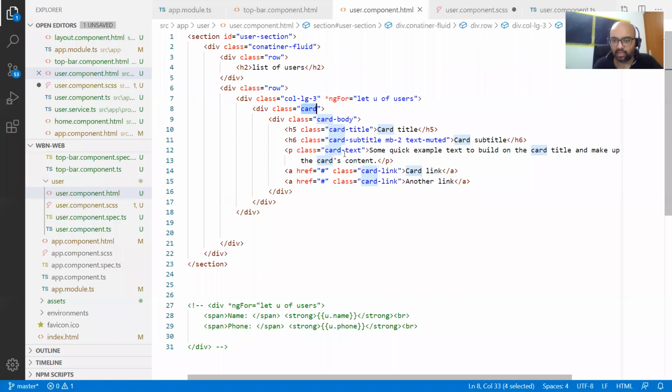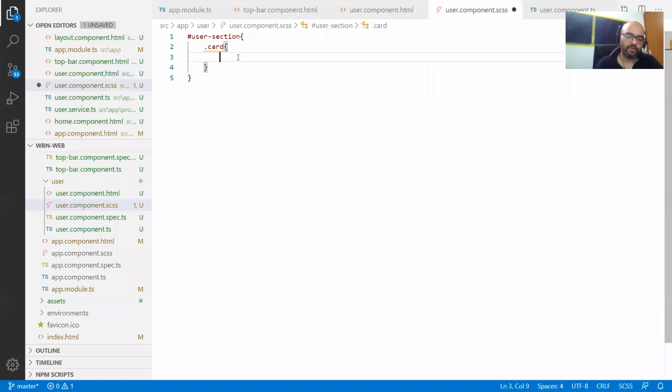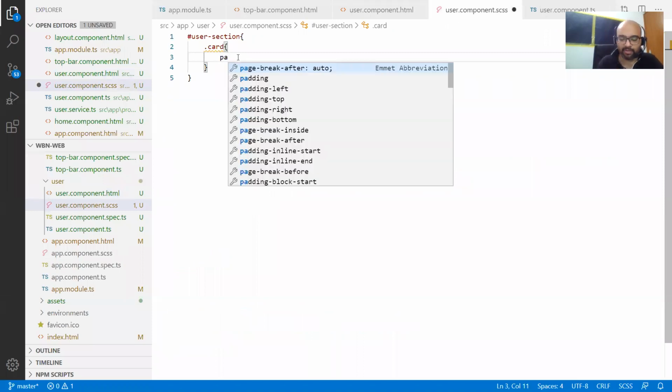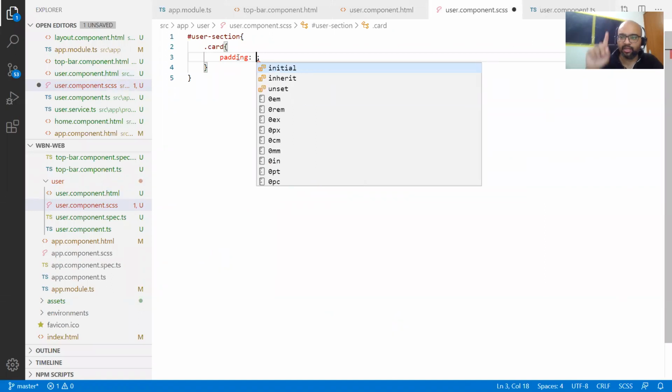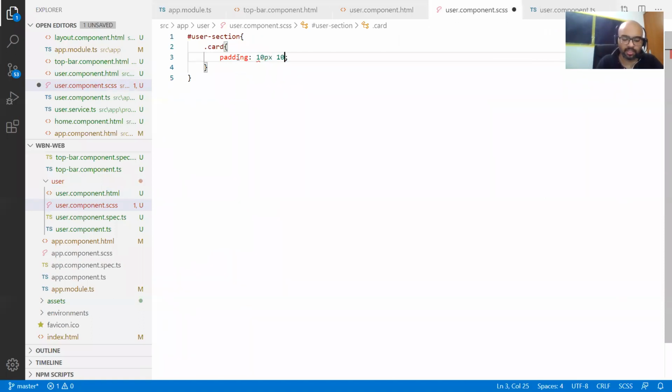Correct? Card. And to card class, I wanted to give, say, padding. I wanted to give my own padding. Remember padding? Top, clockwise. Top, right, bottom, left. So 10 pixel, 10 pixel, 10 pixel, and 10 pixel.